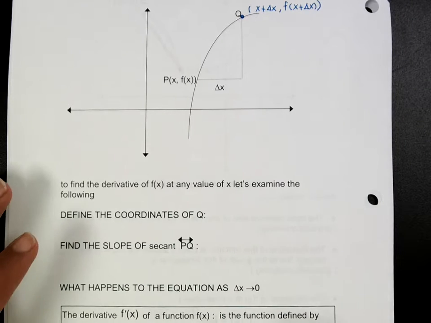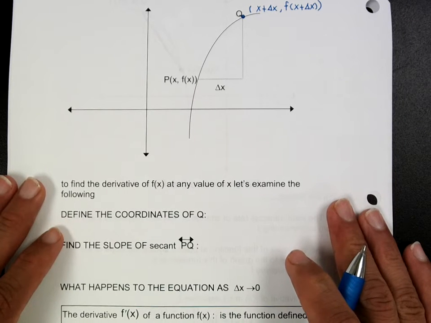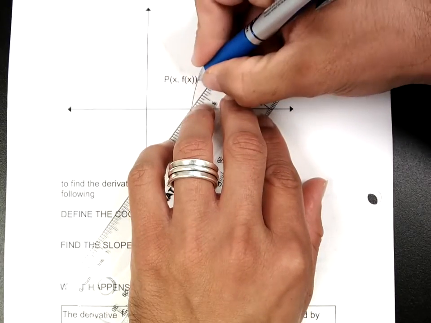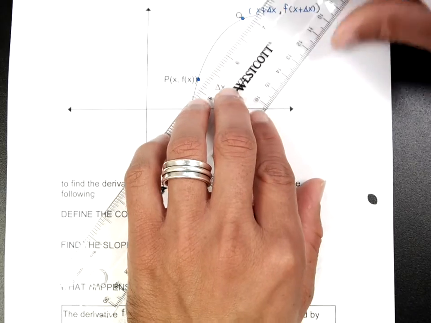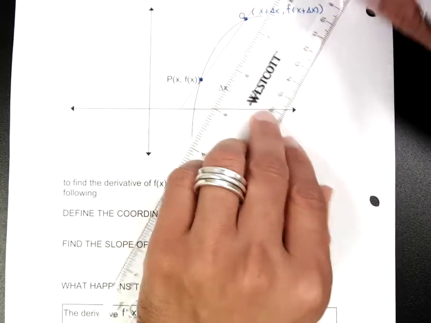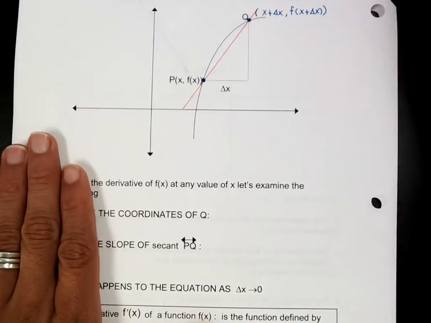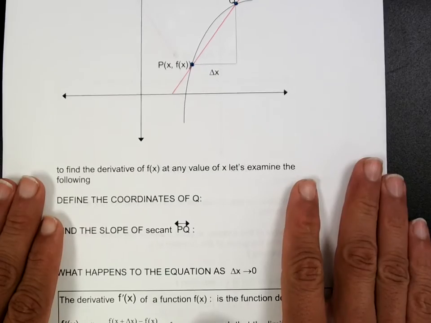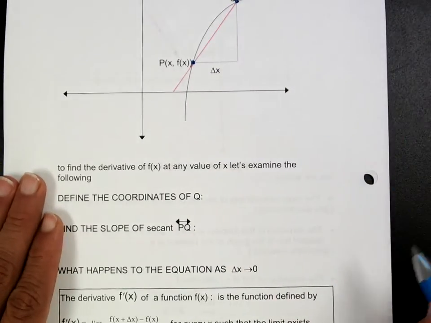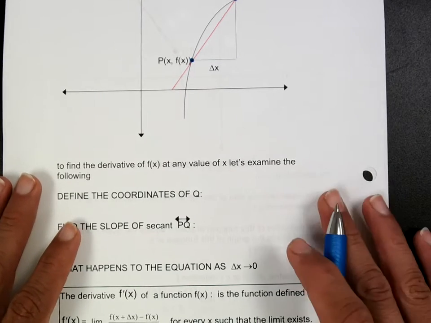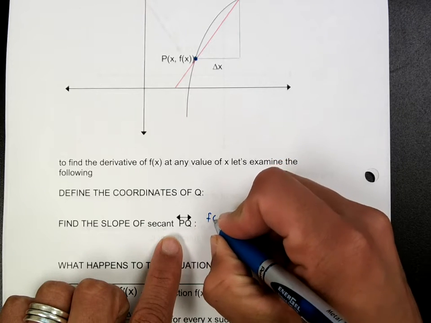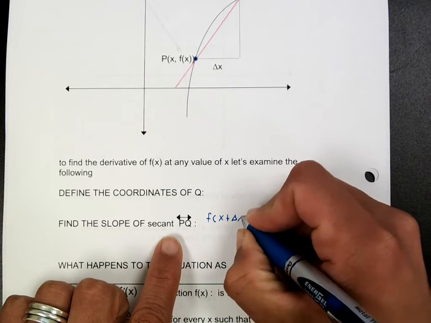So now, to find the slope of the secant line between P and Q, again, we're trying to find the slope between those 2 points. The secant line touches 2 points on the curve, so we're going to use the slope formula: y sub 2 minus y sub 1 over x sub 2 minus x sub 1. In this case, f of x plus delta x would be y sub 2,